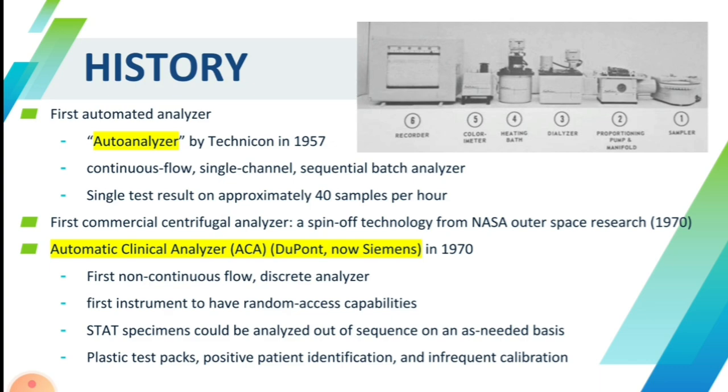The first true standalone instrument, not machines that are equated with manual labor, was recorded in the laboratory in 1957. The clinical chemistry autoanalyzer one used continuous flow analysis. By 1969, the SMA, or sequential multiple analyzer, debuted, and next came the SMA with computer by 1974. But before that, we also have the automatic clinical analyzer in 1970, which is now called Siemens. With each generation, the instruments increased in size and capabilities.